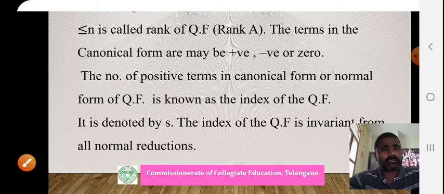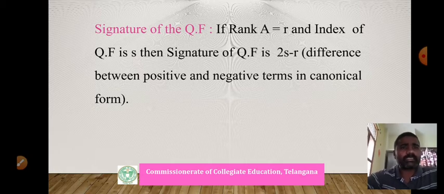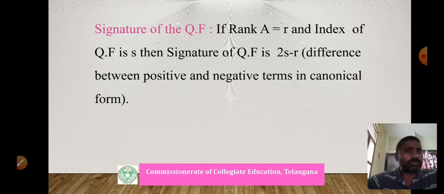This is the index of the quadratic form. Now we can define the signature of the quadratic form. What is the signature of the quadratic form? Already we have rank of A equals r. There are r terms in the quadratic form, and the index of the quadratic form is nothing but